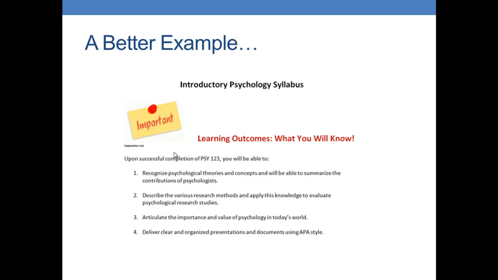Now, instead, I'm using a different type of approach. First of all, as a department, we've identified 3 to 5 learning outcomes for most courses, and that really is easier for everyone to remember. And now in my syllabus, I'm drawing attention to it with a little bit of color and with an image to really make sure this part stands out. I really want them to pay attention to what the course learning outcomes are, because this is the primary point